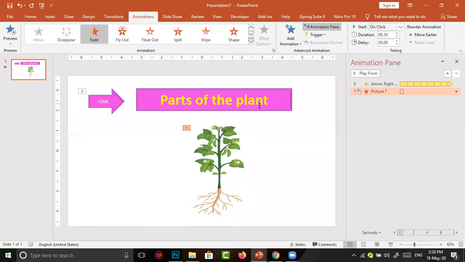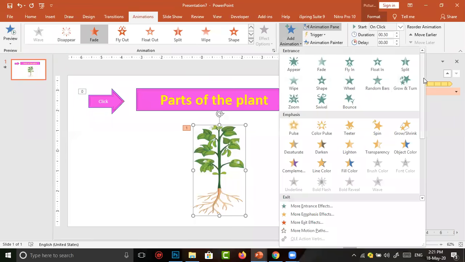After inserting parts of the plant, if we give a click on parts of the plant, the image of the plant should disappear. For any character or any object in the slide to disappear, we should give exit in animation.